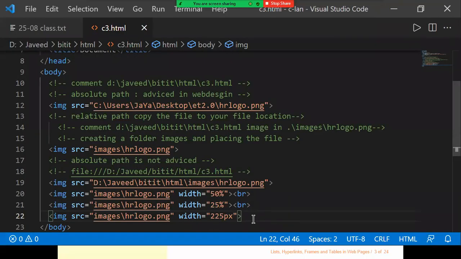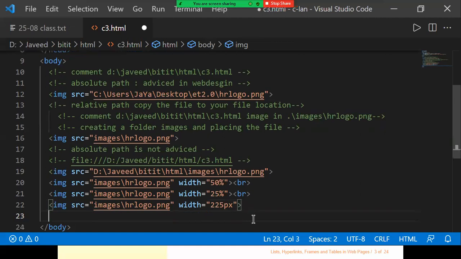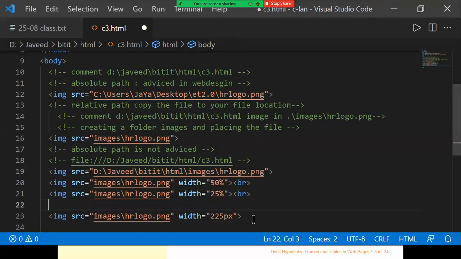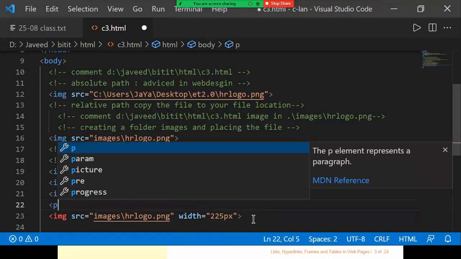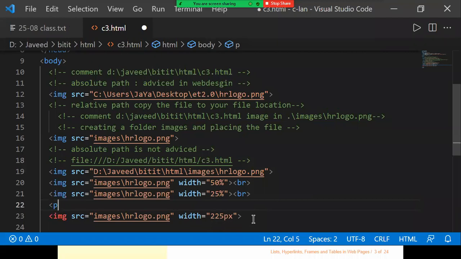Now this is something about your image, height and width and all that. For example, there is some text for me. I'm putting in a paragraph tag, with the text Hello, Huddle Rise.